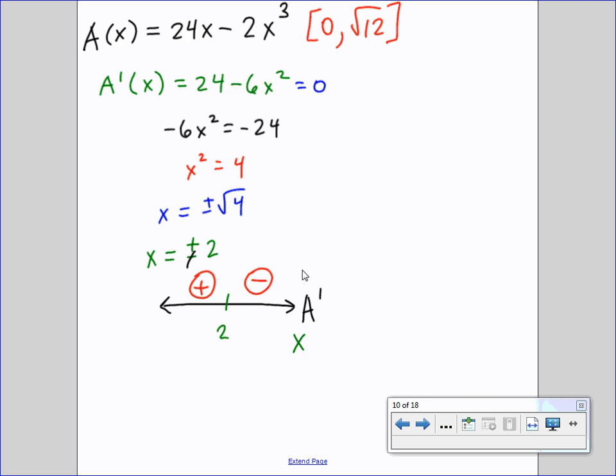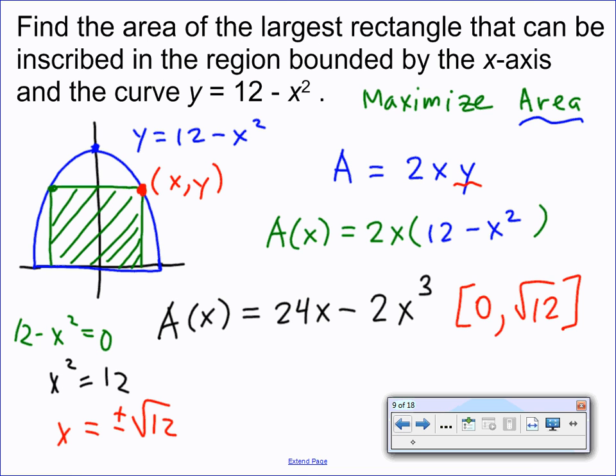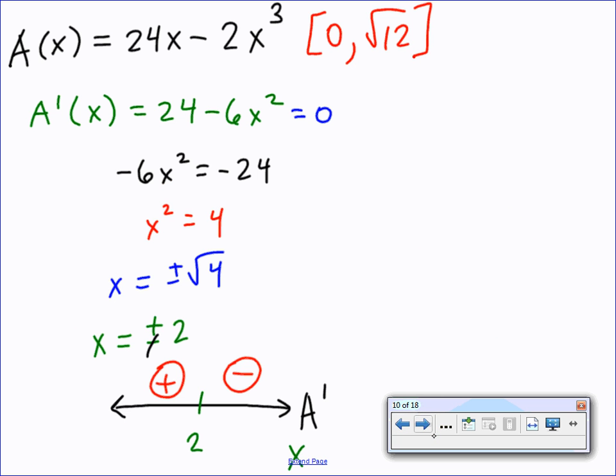Therefore, A must have a local maximum at x equals 2, right? Which is good news because we're looking for a maximum area value. Let's go ahead and throw that critical value along with the endpoints of my interval on an XY chart and compare. So here we go. The closed interval method, if we couldn't find the domain, right, we'd have to use that first derivative test exclusively, but we could find the domain, so we can go ahead and make an